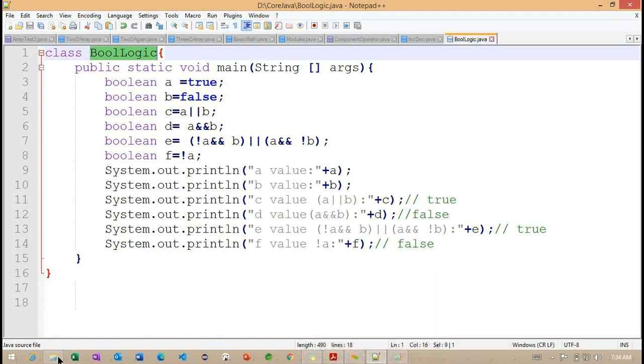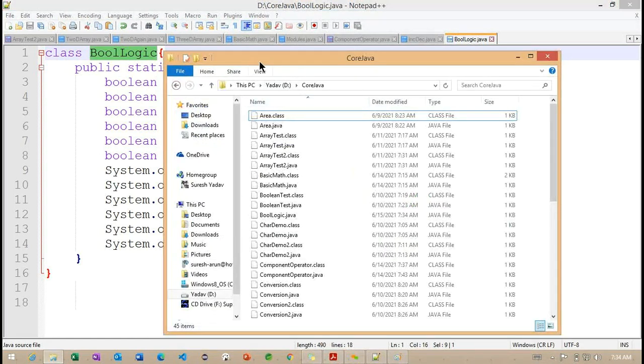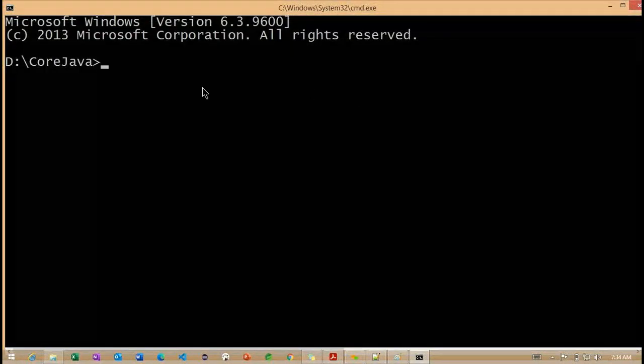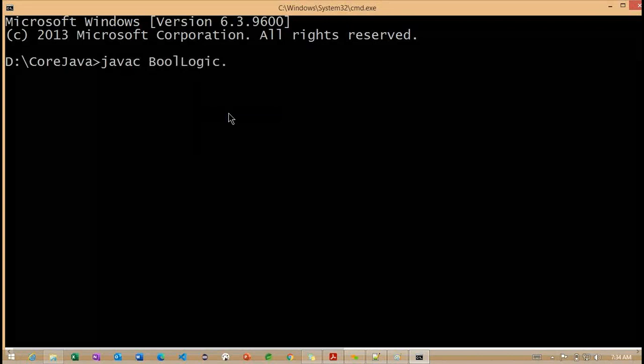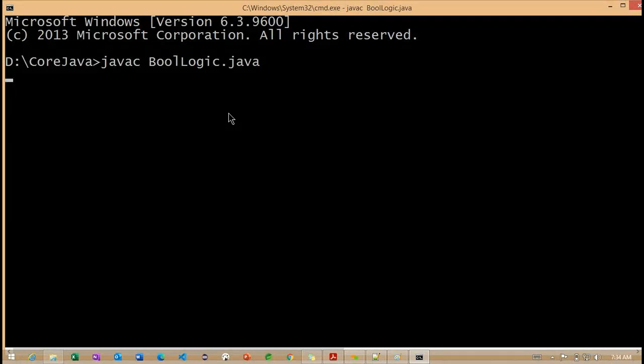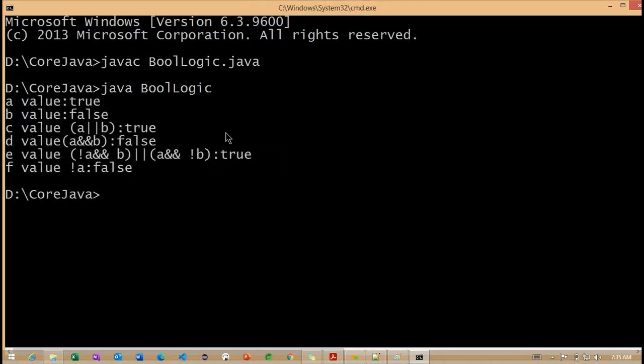Okay. Now we'll go to the command prompt. javac BooleanLogic.java. It compiled successfully, and we are going to execute BooleanLogic here. Now you can observe.